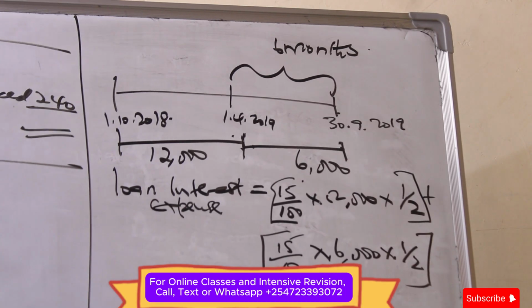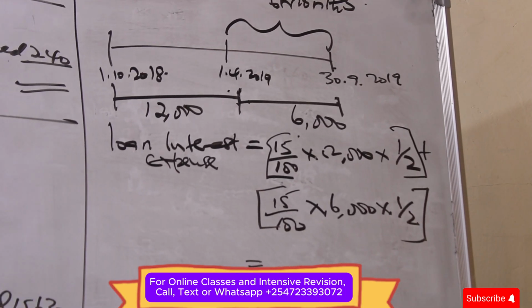Giving us loan interest amounting to 15% of 12,000, 0.15 times 12,000 times 0.5. You get a figure of 900